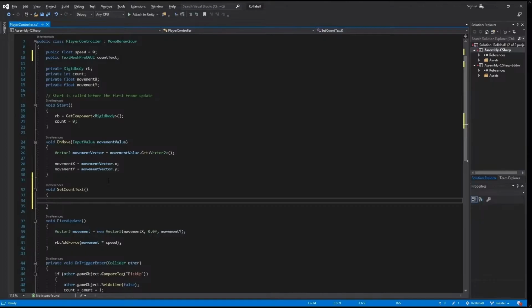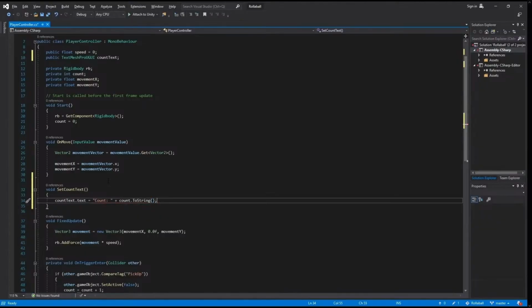To do this, write countText.text equals quotation mark Count colon quotation mark plus count.ToString, open and closed brackets